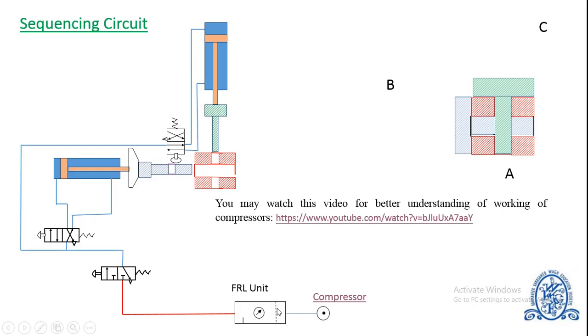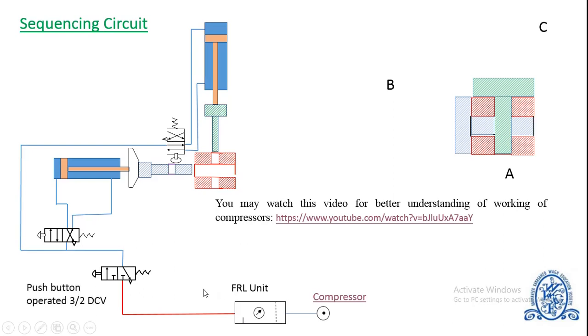The filter is used to remove water, dirt and other harmful debris from an air system. This is often the first step in improving the air quality. The regulator adjusts and controls the air pressure of a system to ensure that downline components do not exceed their maximum operating pressures. Whereas the lubricator reduces the internal friction in tool or equipment by releasing a controlled mist of oil in compressed air.